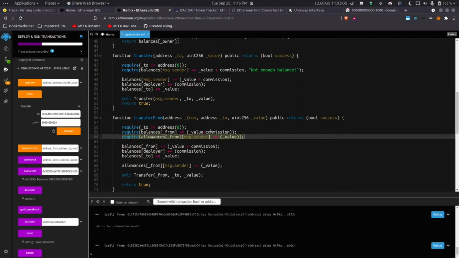And Bob wants to approve this smart contract. John, let's just call it John, because why the hell not? So Bob wants to approve John some amount of money from Bob's account that John can spend. So first, Bob will approve